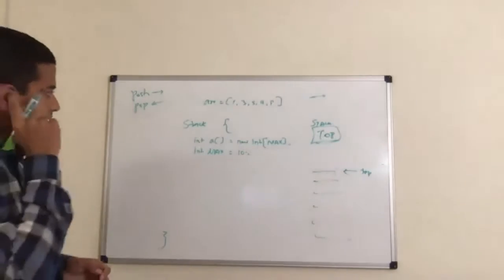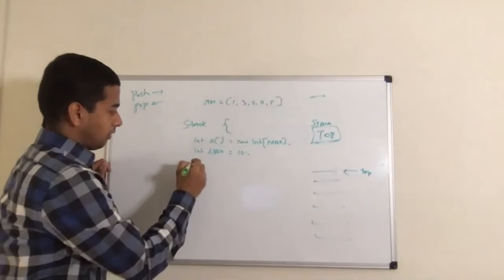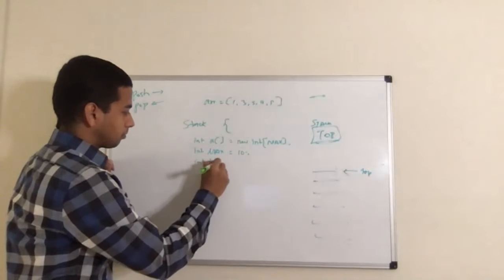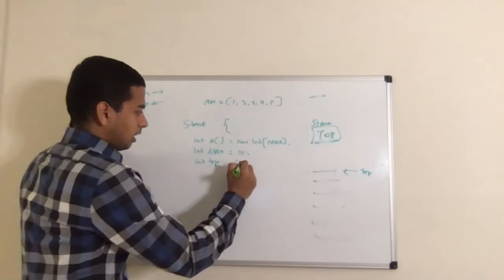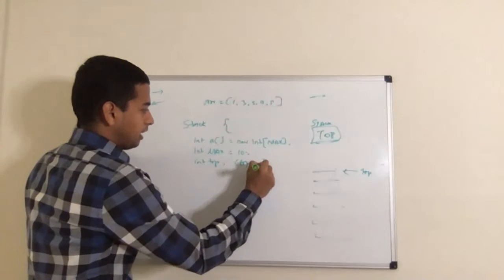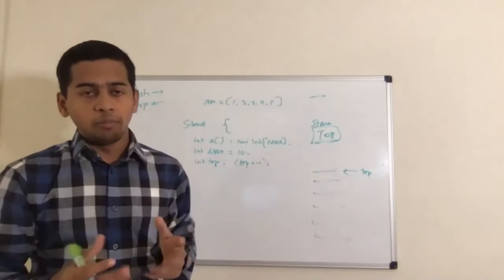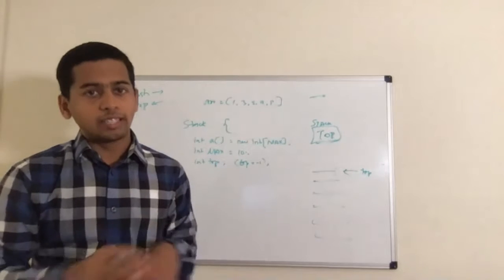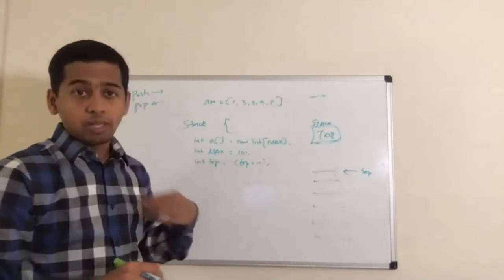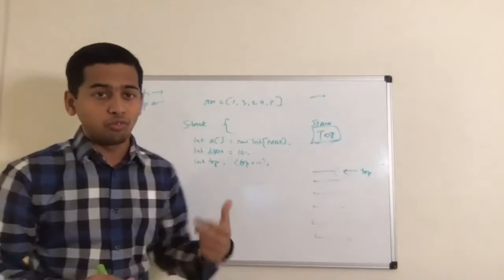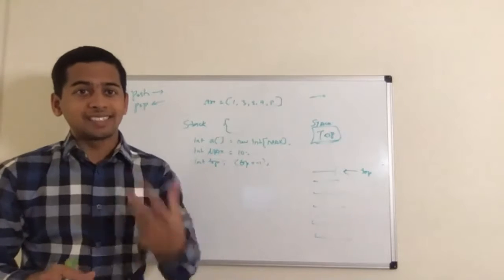Okay, so like I said, in the stack there will be only two things. What is the pointer we have? We have a pointer called top. I can initialize top as -1 initially, so that if top equals -1, then it is a stack underflow, which means there is nothing in the stack. And when top reaches max +1, that means the array size is already full. There is no more space to keep in the array. Then it is called the stack overflow.